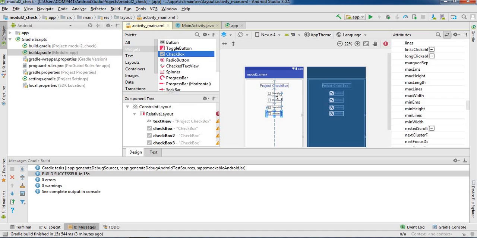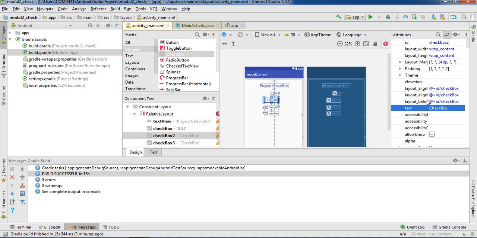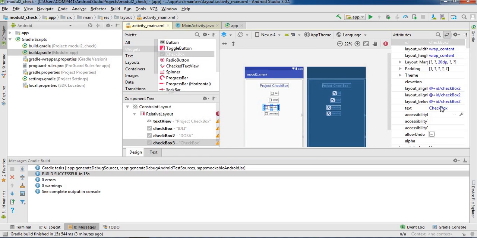For better simplicity, you can give them proper names regarding the checkboxes. So this checkbox is my idli. This checkbox is my dosa. This checkbox is my sandwich.